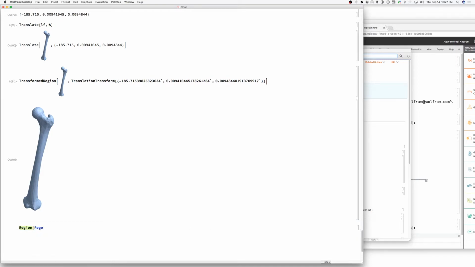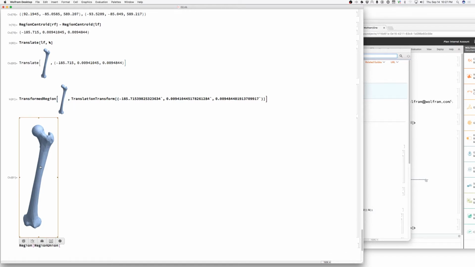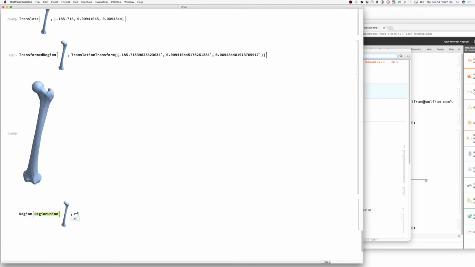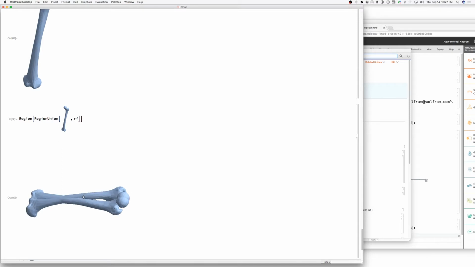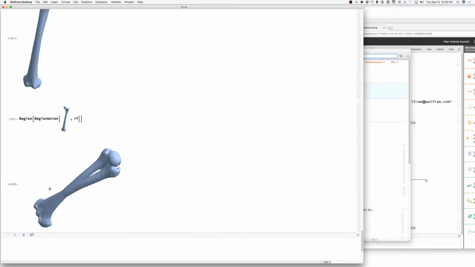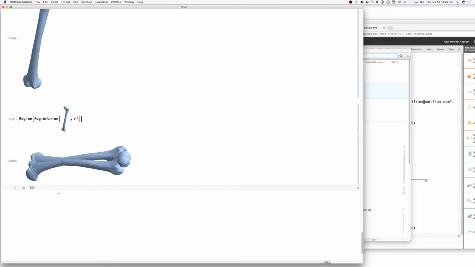Let's see what happens if we say region of. I'm trying to put the two bones on top of each other. Actually, let's do region union just for fun. So region union of this bone, which is the translated left femur, together with, oh, weird and funky, look at that thing. Oh, that's pretty wild. It's cool. Okay, so that's what would happen if you took,